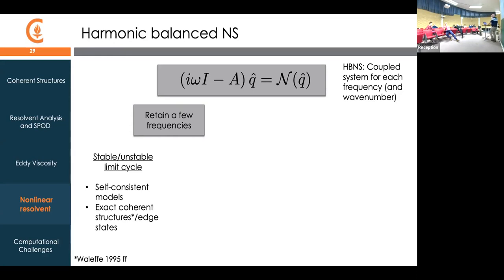So that's one really nice use of these harmonic balanced Navier-Stokes equations. But the difficulty is that there isn't necessarily a stable solution with a fixed truncation of frequency modes in the flow. So if we postulate that there is, and then compute that, we're also going to be able to see what the truncation error is. It's going to be non-zero. We're not exactly balancing the Navier-Stokes equations.